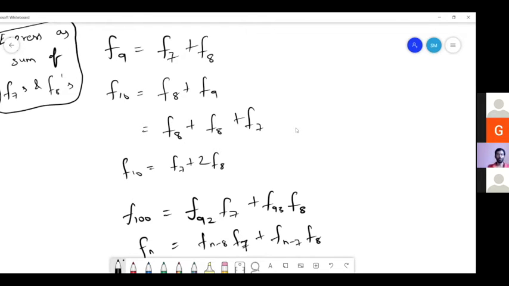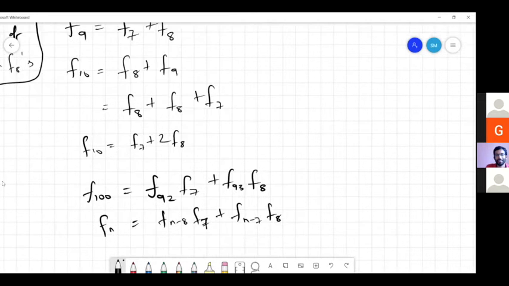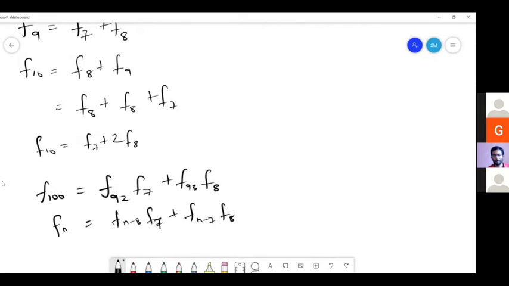Right. So we can express any Fibonacci number this way. How can we come up with this generalization? Because we can observe that the coefficients of F7 and F8 are the Fibonacci numbers themselves. You get them by adding the previous two. Correct. So F9 is nothing but F7 plus F8, and F10 we saw as F7 plus 2F8. So F11 would be